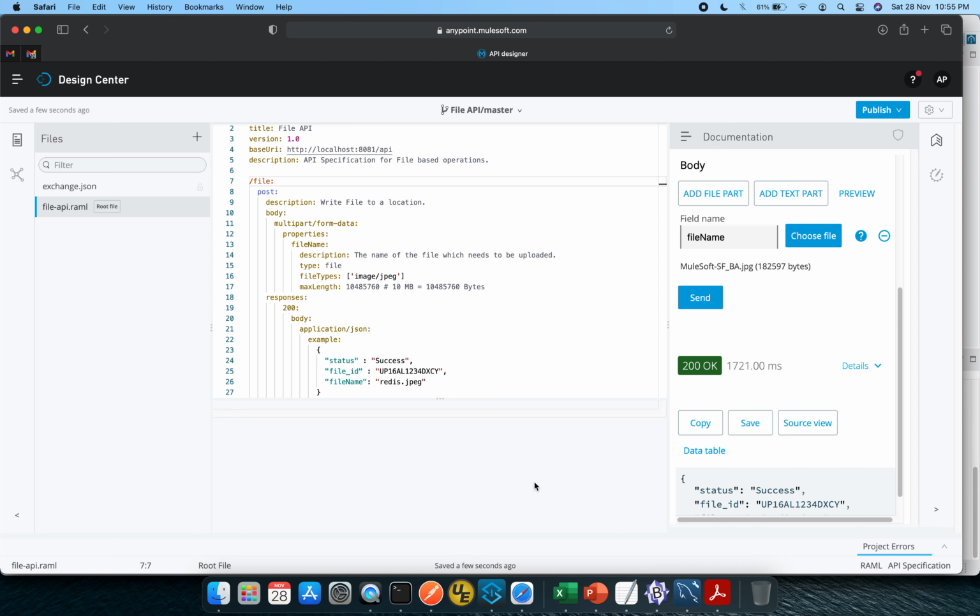Sometimes people have a concern: my flow is more file dependent, so is it required for me to generate an API specification? And if yes, how do I do that? Because it's a multi-part file, right? So how can we create a simple API specification for that particular flow? It follows quite the same pattern, and in this video I will cover that particular piece of RAML.